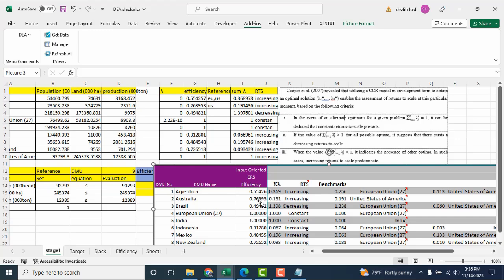Actually the result is the same, using manual and using the software. Also the sum of lambda is also the same here, and the RTS also the same.